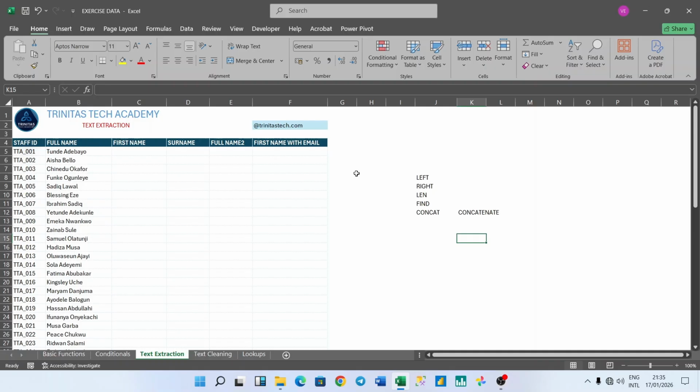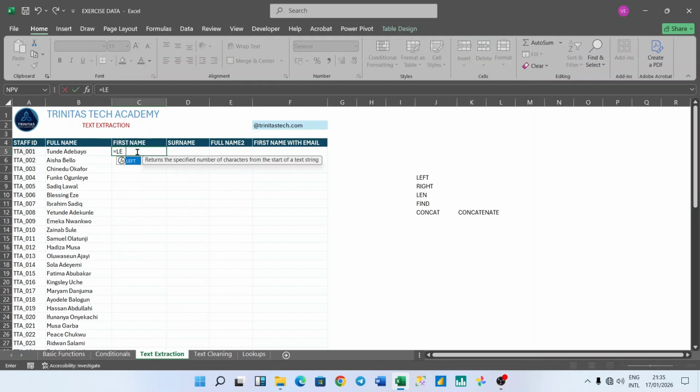The first thing is our task to extract the first name from the surname. We are going to begin by typing the left function. Like I said, what it does is return the specified number of characters from the start of a text string. So it returns the specified number of characters from the start of a text string. When we activate this function, you basically see that